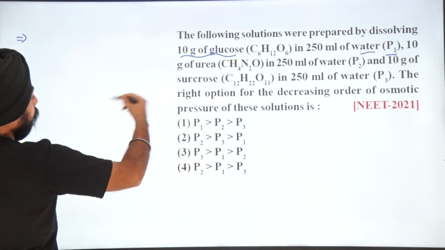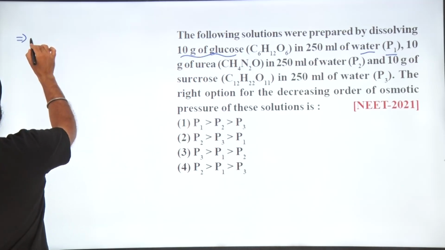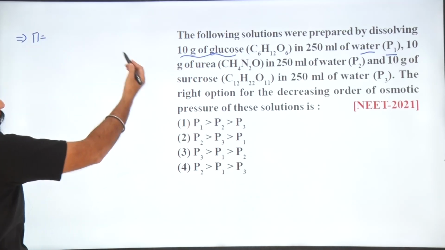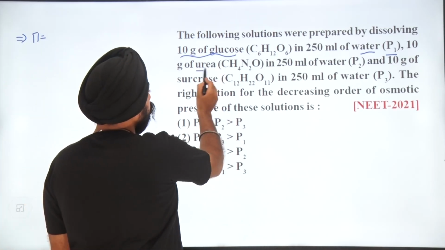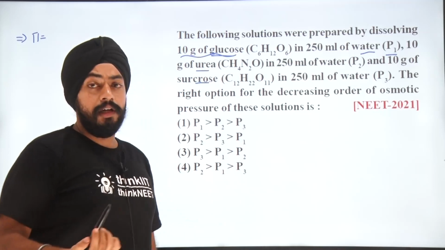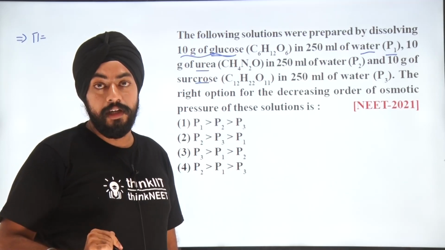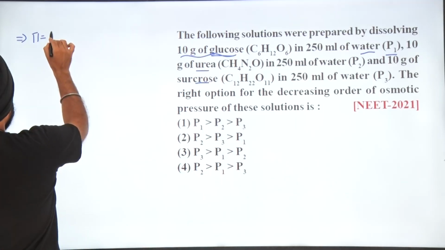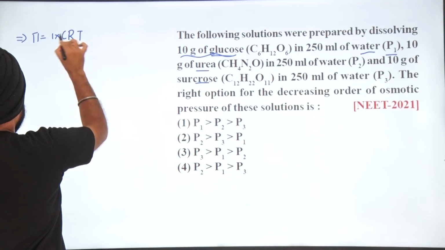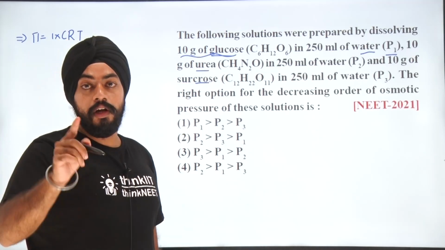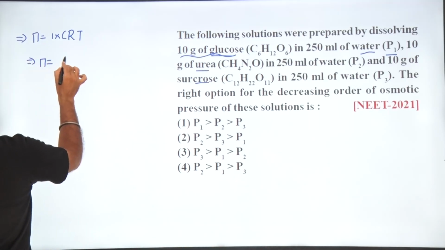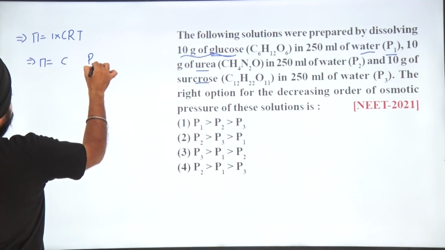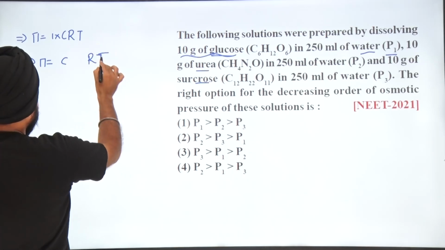We are having glucose. So if I just consider osmotic pressure, what is osmotic pressure? It will be pi equals iCRT. In this particular case, glucose, urea and sucrose, all three are non-electrolytes. So I am considering i as 1 only for these. So this can be written as 1 into CRT. RT remains constant in all of the cases. I am considering C only now. I will be giving the answer in the form of RT only, right?